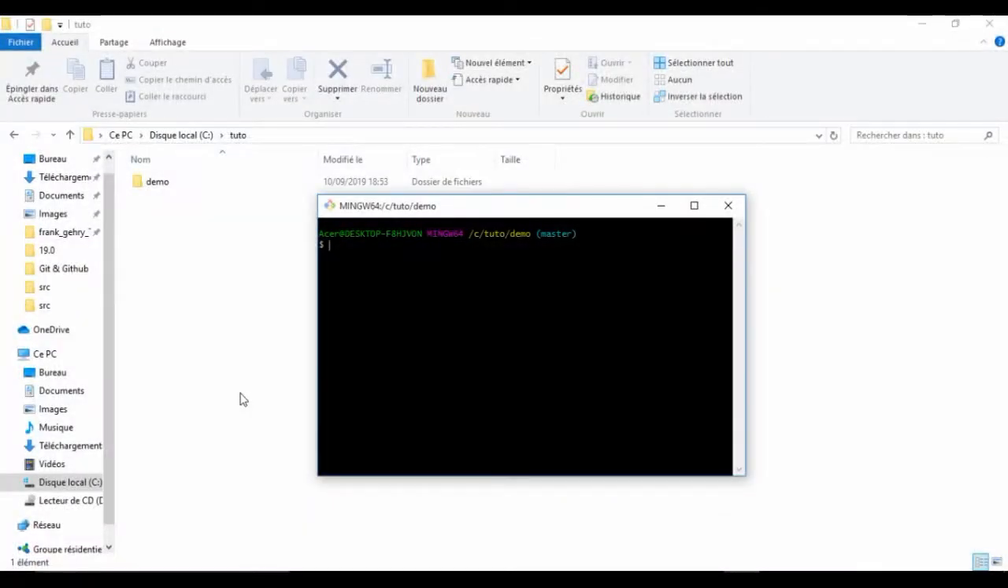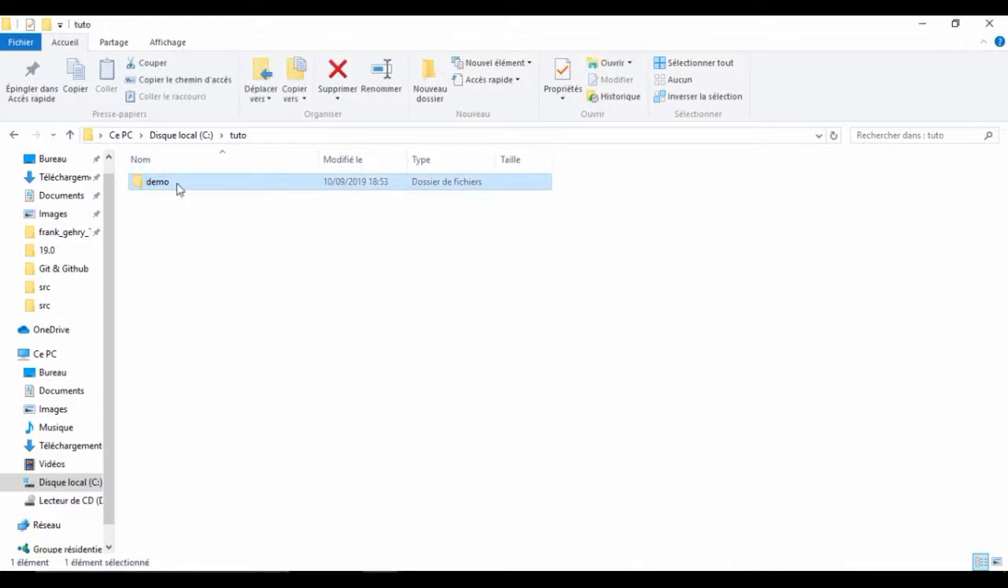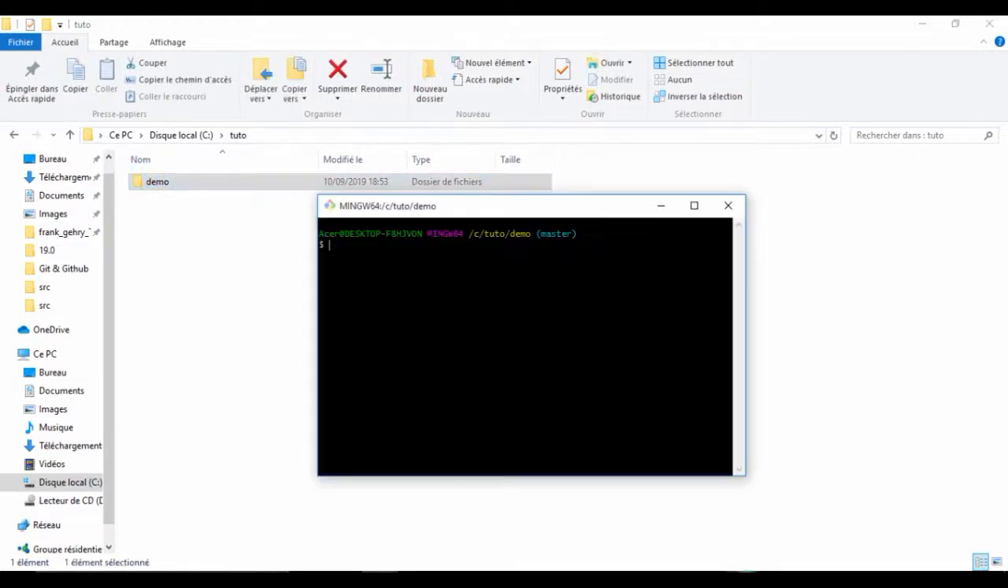Now let's suppose and imagine that this demo repository is not the repository that we need to initialize with Git, and we made a big mistake, and instead of initializing another project, another repository, we initialized this one. So how do we undo that? First of all, let's see what this project has. I think it's just a readme file